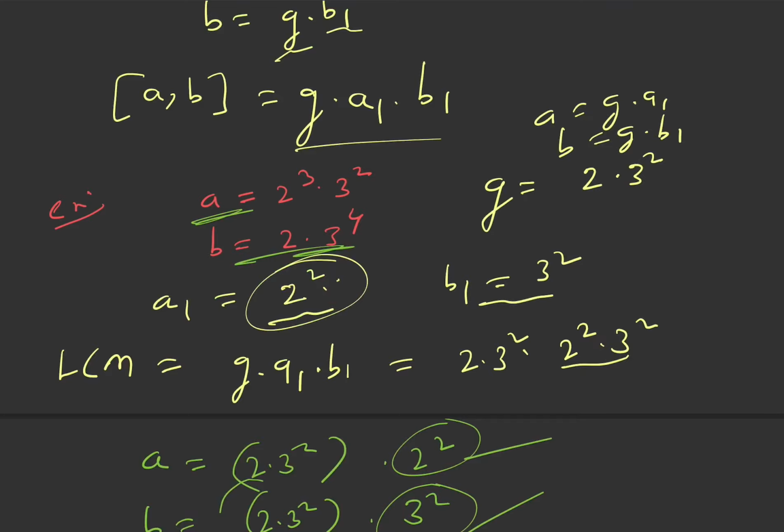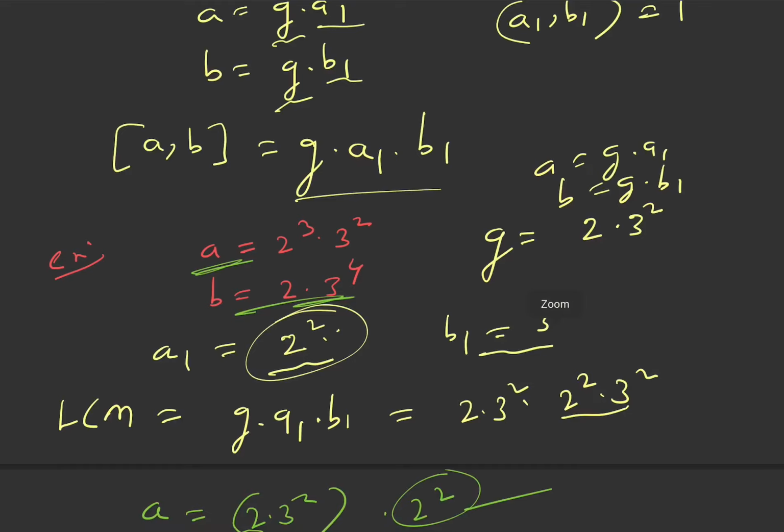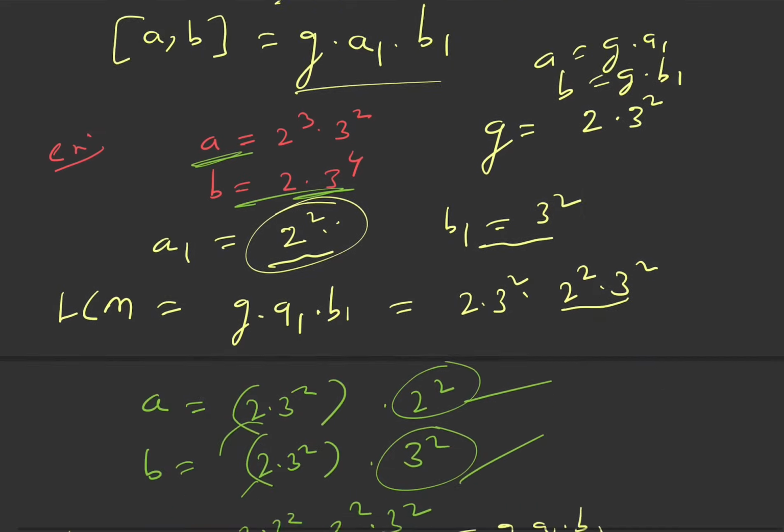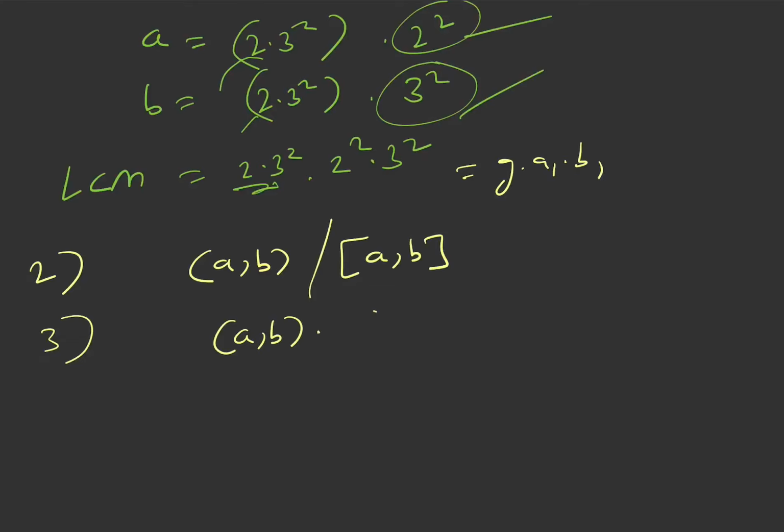So this is the important property of an LCM, which we have already discussed, and we have already discussed how to find LCM, that is by the prime factorization method. So next thing is, I can always say that GCD of A and B will definitely divide LCM of A and B. This is very clear, you can easily prove it. Next I can say that GCD of A and B into LCM of A and B is nothing but the product of A and B, right?